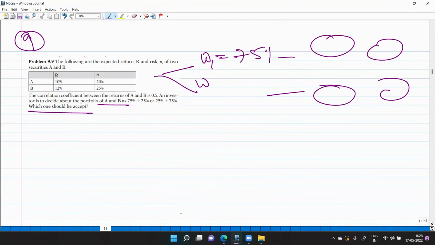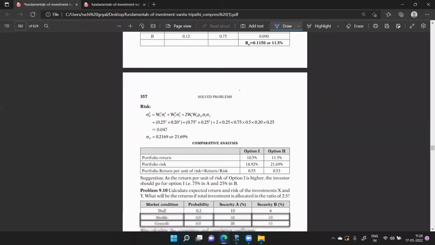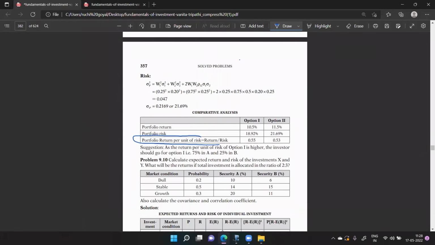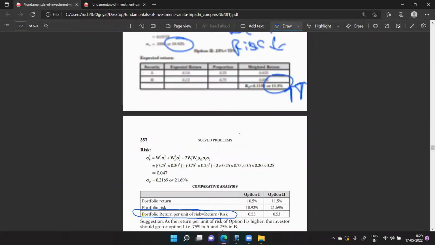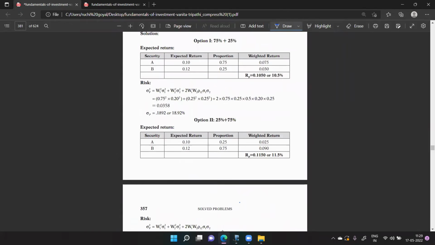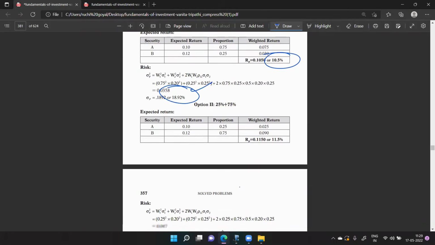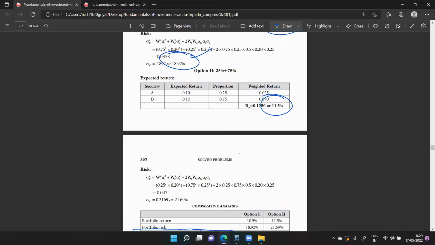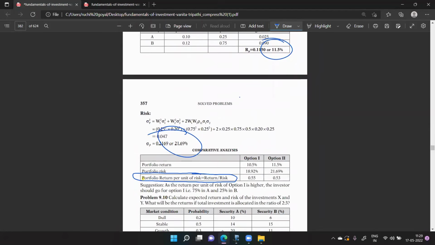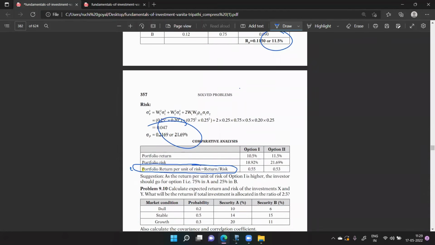ठीक है, जो चीज नहीं आई है वो नहीं है कि हम इसमें पोर्टफोलियो रिटर्न पर यूनिट ऑफ रिस्क निकालेंगे, दैट इज रिटर्न अपॉन रिस्क. बिकॉज व्हाई इट इज इंपॉर्टेंट? बिकॉज यहाँ पे आपको अगर रिटर्न कम मिल रहा है तो आपको रिस्क भी कम लेना पड़ रहा है। बट इफ यू गो फॉर ऑप्शन 2, आपको यहाँ पे रिटर्न ज्यादा मिल रहा है एंड यहाँ पे आपको रिस्क भी ज्यादा लेना पड़ रहा है। ठीक है, तो हाउ विल यू डिसाइड विच वन टू गो? ठीक है, तो हम क्या निकालेंगे, पोर्टफोलियो रिटर्न पर यूनिट ऑफ रिस्क, दैट इज कैलकुलेटेड एज रिटर्न अपॉन रिस्क।